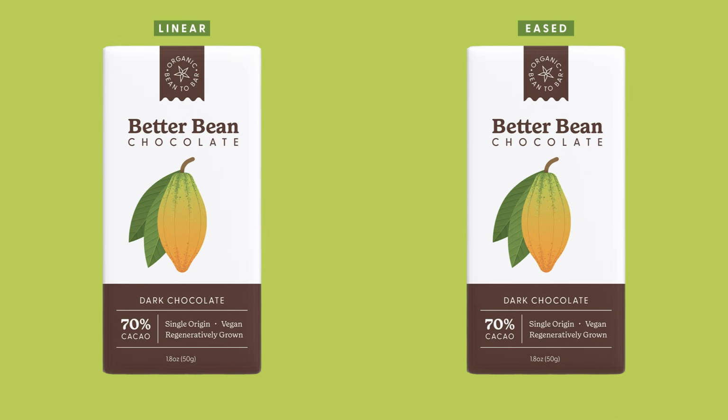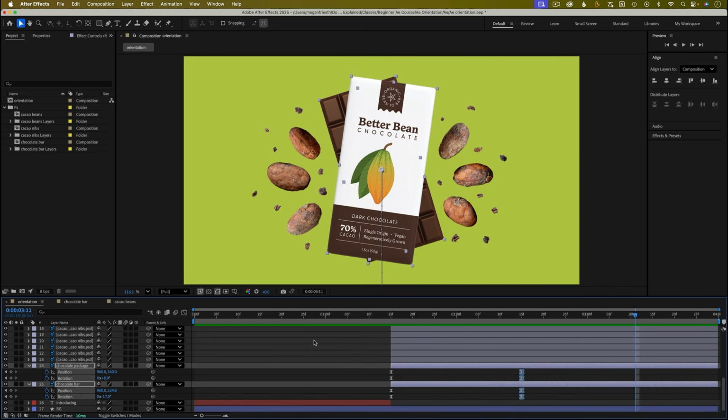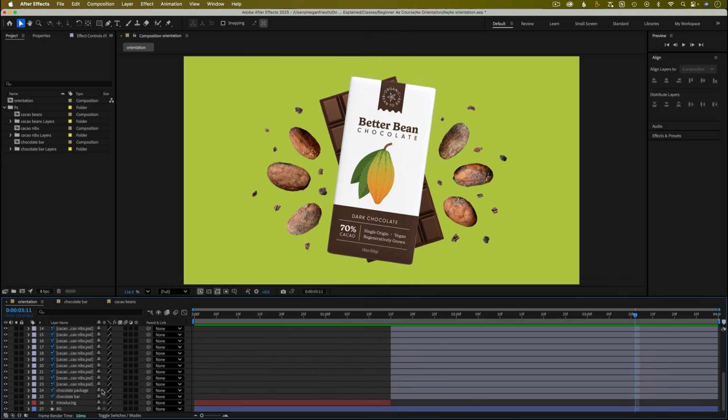Now, instead of a boring linear animation, it shoots in, then eases to a stop, which is much more interesting. Learning how to adjust motion in the graph editor is key to making your animations look professional. I'm going to close up these layers by hitting U on the keyboard, and now let's animate all the cacao